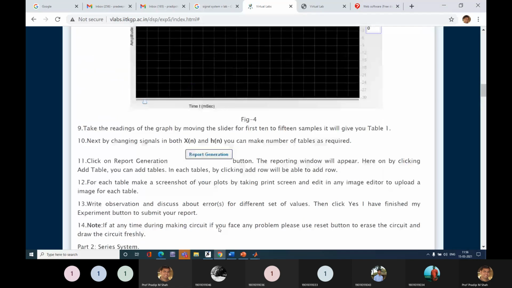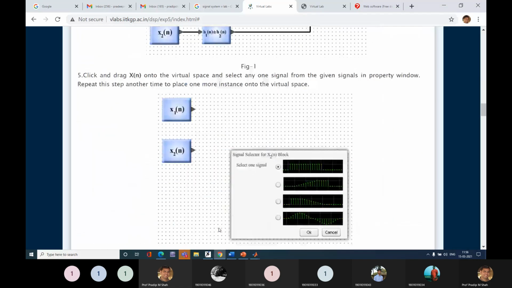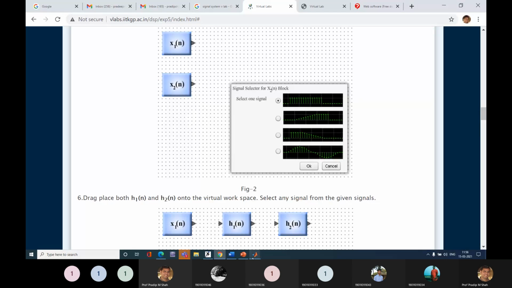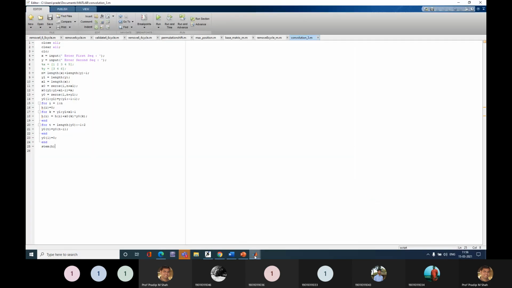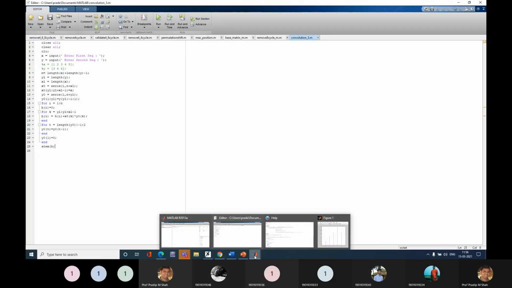First is a simple convolution, second a series operation, third a parallel operation, and then we perform it again in MATLAB. First I'll use the inbuilt command convolution, and then I'll develop a convolution algorithm.